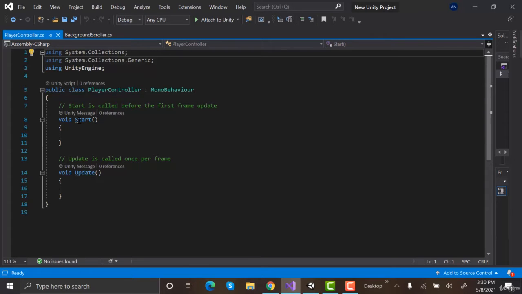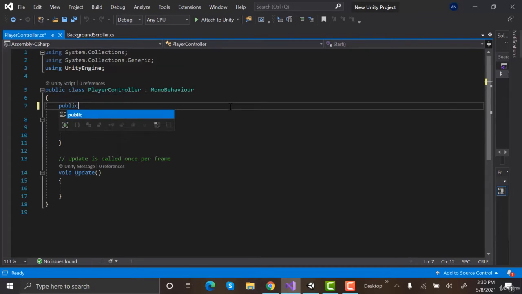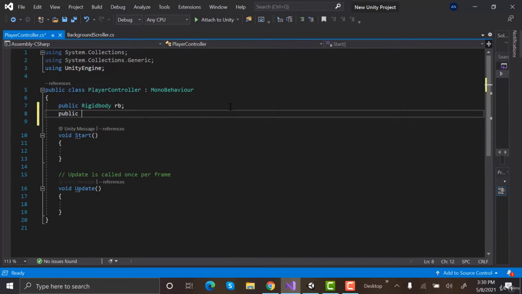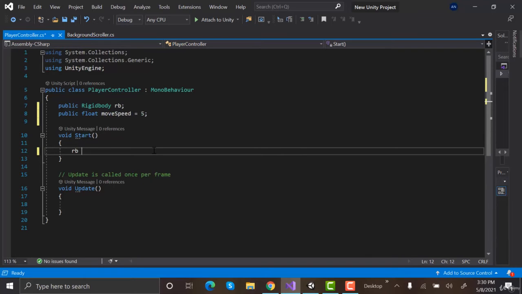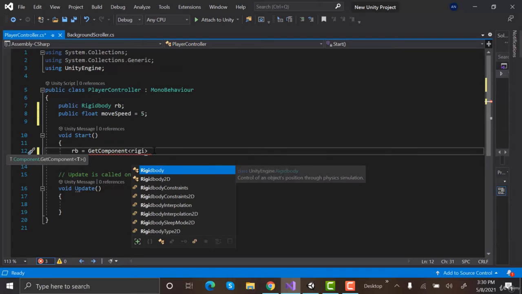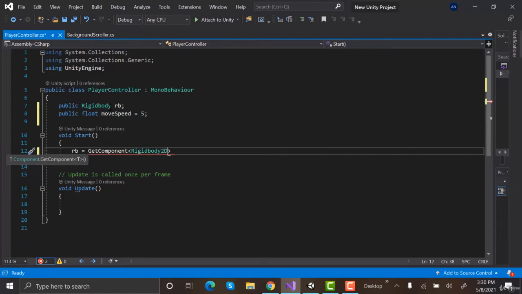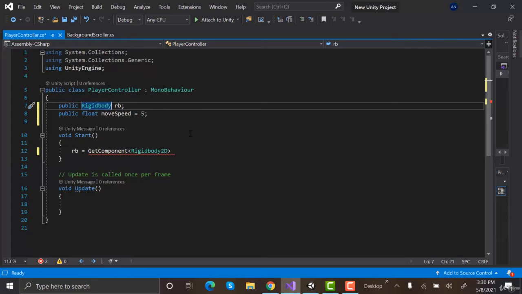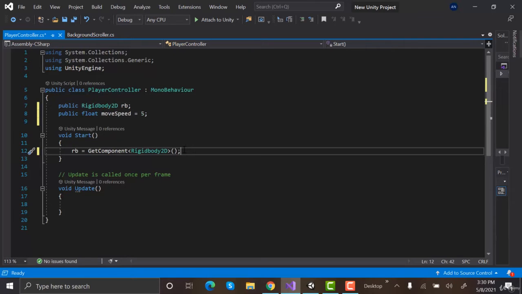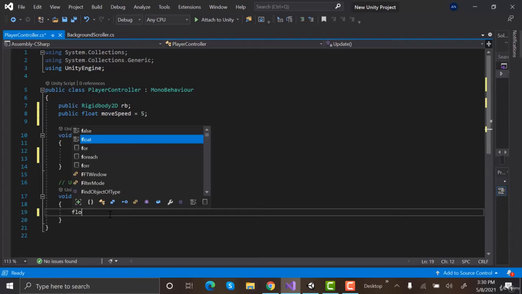Create the following variables: public Rigidbody2D rb, public float moveSpeed = 5. In the Start method, write rb = GetComponent<Rigidbody2D>(), and in the Update, write float